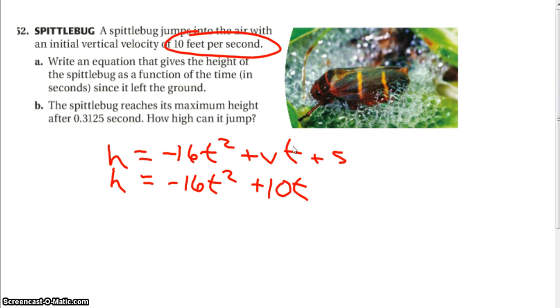After 1 second, we can say right now where this bug is. After 2 seconds, we could state the height of the bug. And we could find out when it hits the ground again or whatever. Okay, we could graph this. So it says here, the spittlebug reaches its maximum height after 0.3125 seconds. So how high can it jump? What will we do, Michael? You would plug 0.3125